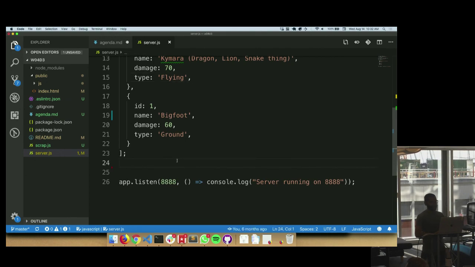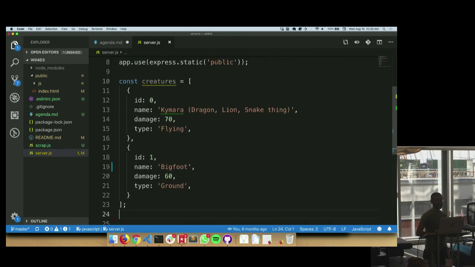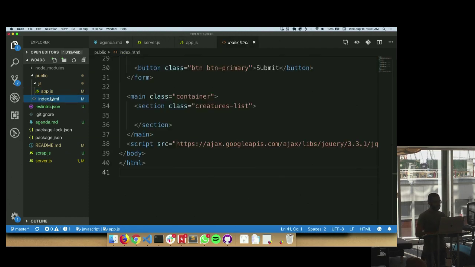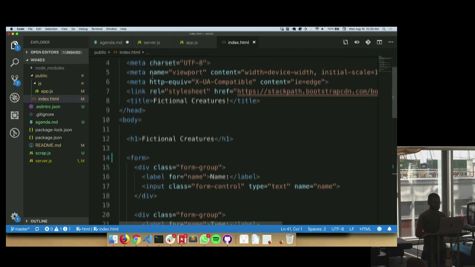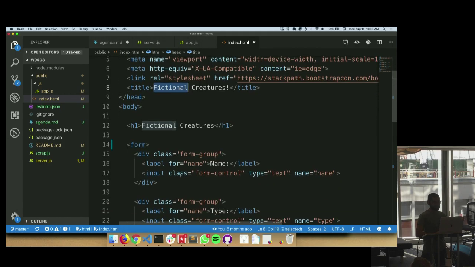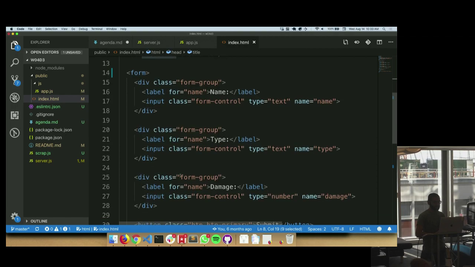But there's a whole bunch of code missing in terms of how we're going to implement this on the server side. And then on the client side, we have an empty file. So we're going to have to implement that as well. Right? Let's take a look at the index.html, which is going to be the page. So we've got some standard HTML here, just calling it fictional creatures. And there's a form at the top